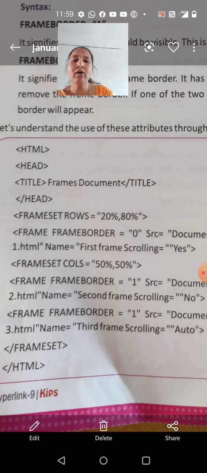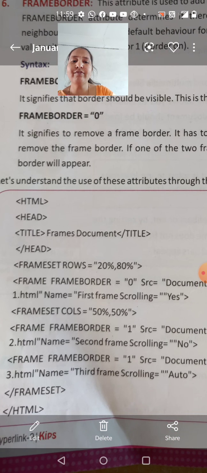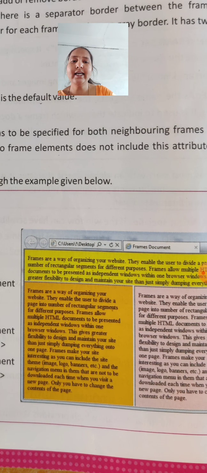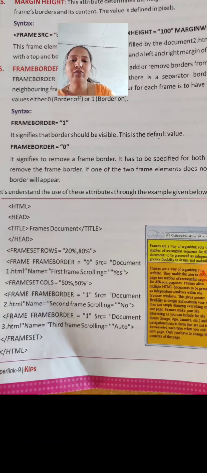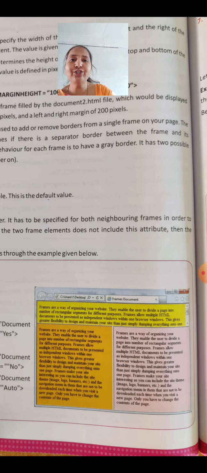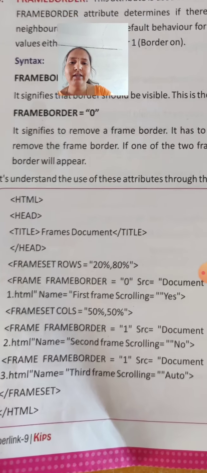Go through this code. If we have written this much code, this is the output we'll get. Here the window is divided into three frames. In one frame the background color they have given is yellow, in another frame orange, and in the other frame pink. They have written some sentences over it. To look at the window, it should look like this. They have written this code.